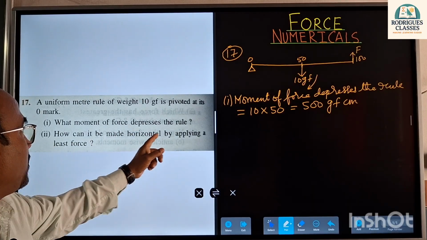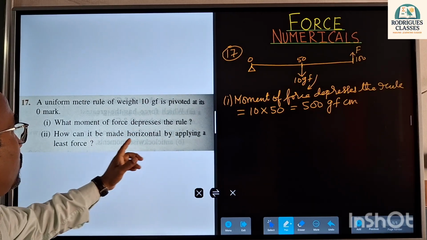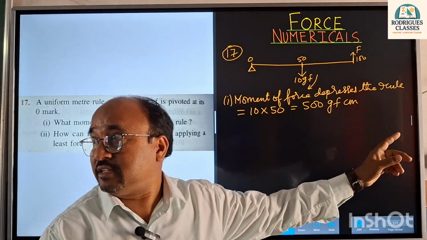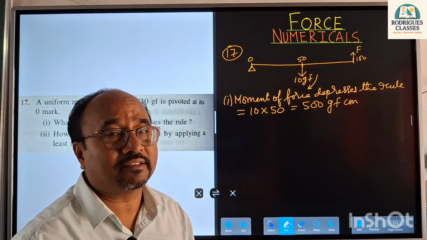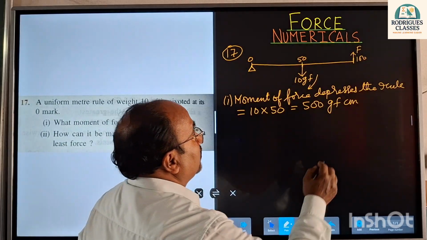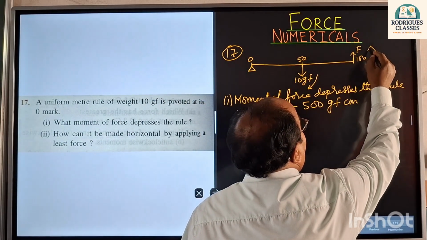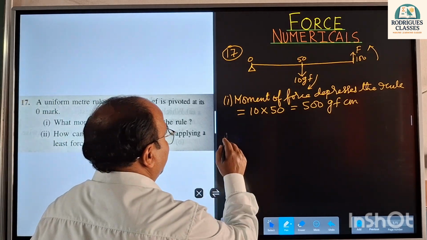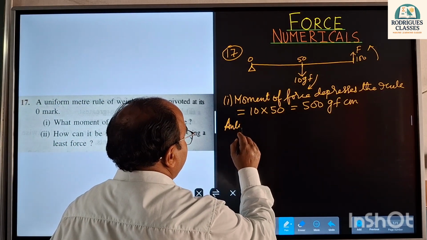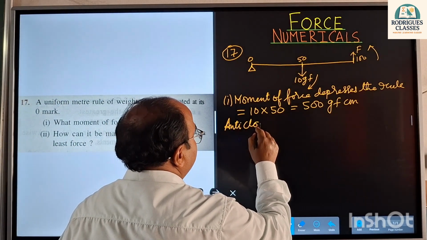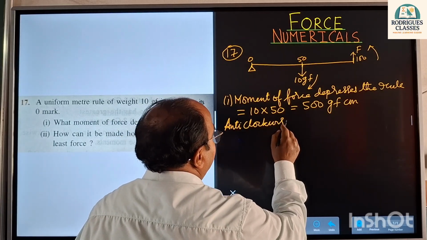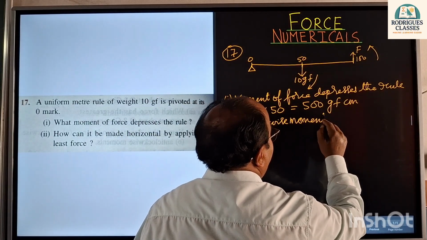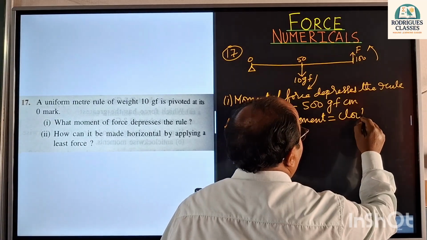Now to get the second part. What least force must be applied? I told you that least force means maximum perpendicular distance, and that force I have taken as F. So this will be turning it in this way, which is anti-clockwise. Okay, so I will take here the anti-clockwise moment equals